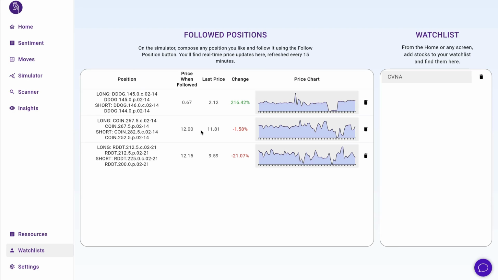Another position came close but pretty much broke even. This Coin position, where there was a substantial move, higher than the case for Reddit, but still not enough to be profitable. But no problem, because we took back our money, entered for 12, exited for 11.81. This is why it's a statistical game with this controlled loss: if it goes our way, it will compensate for these losses.